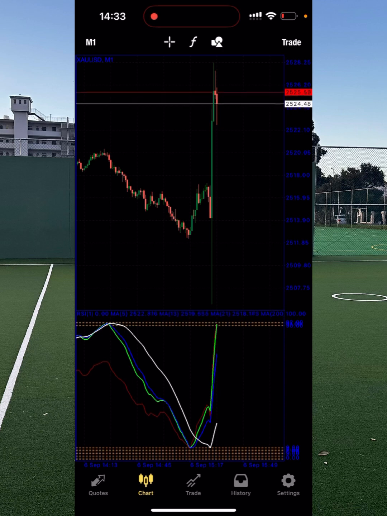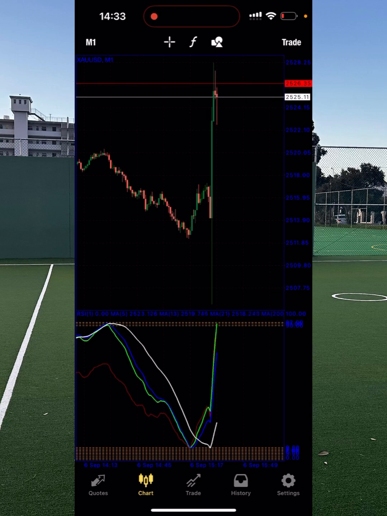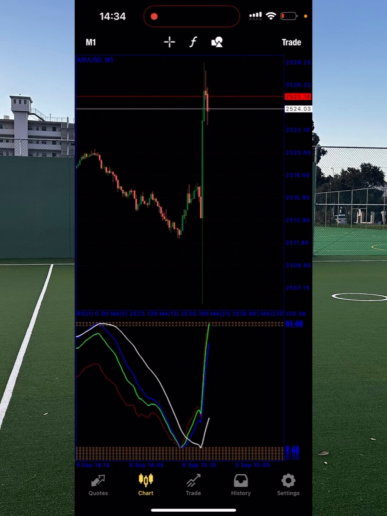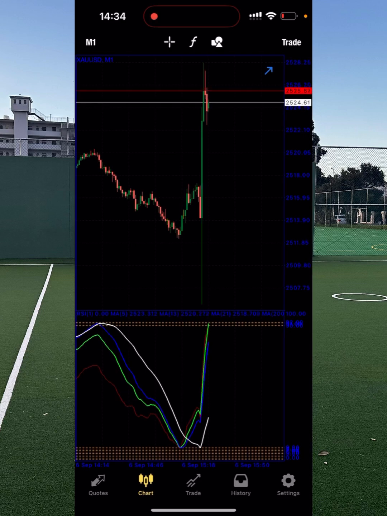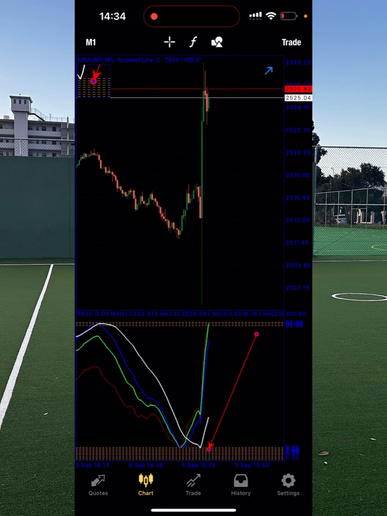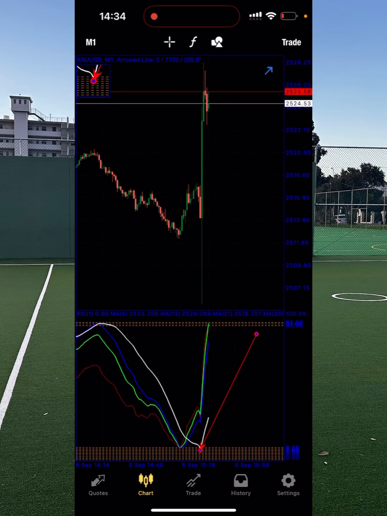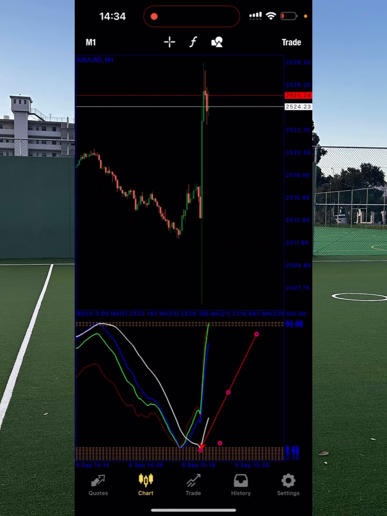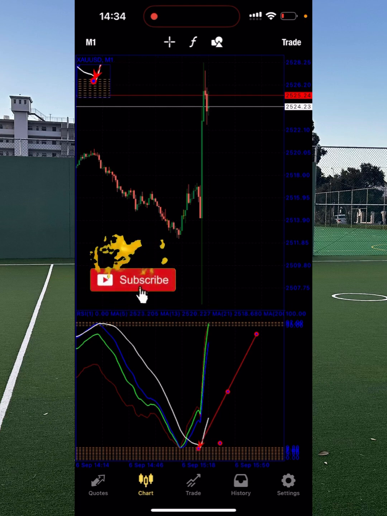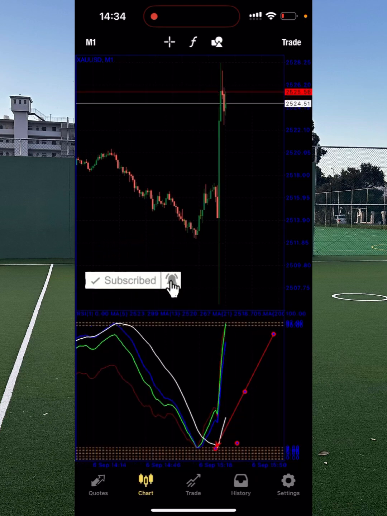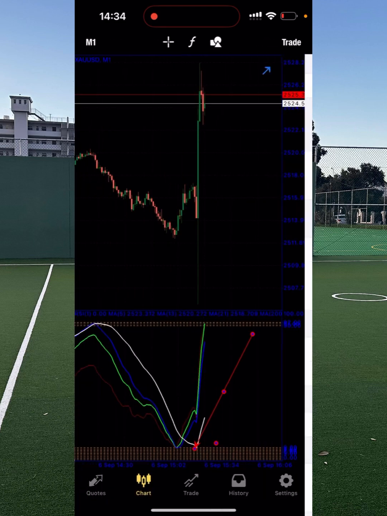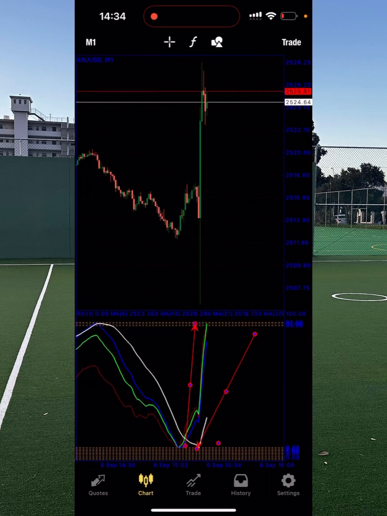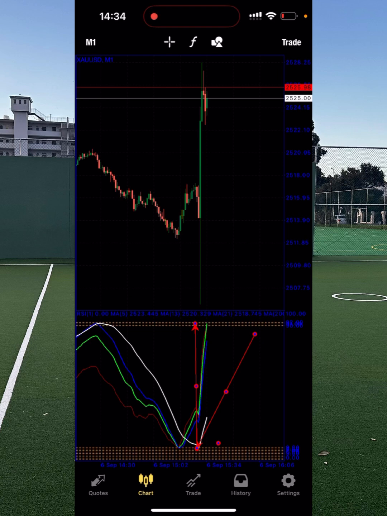And look at the strategy, guys. The strategy says that it's a strong buy, and you can see now it's already bought. As I said, if you're using this strategy, it can help you to do a lot of things. Look, as soon as the market reaches around this area here, you must know that it's a strong buy. You must know that the market is going to buy all the way to this point over here. Let me show you. So this is how the strategy works.